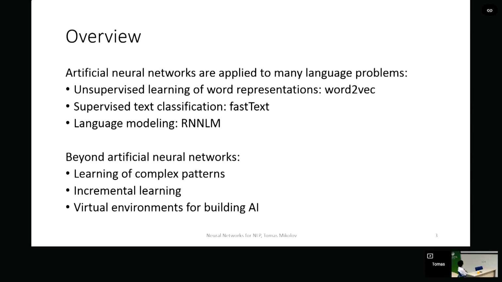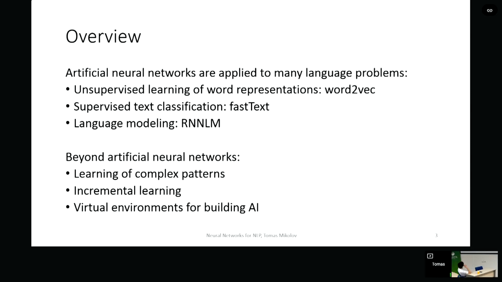The whole framework of neural networks is very simple. We can use them for classification or for modeling sequences, and those are the main points that I will be talking about today. So for example, for the unsupervised learning of word representations, we can use word2vec, and it's great in cases where we have tons of data and no supervision signal, so we don't really know what we want to do. We just want to model the text data somehow and get some insight into what is in it. And when we do have a supervised signal, for example, we know that some message is a spam or it is not a spam, that can be seen as the supervision signal.